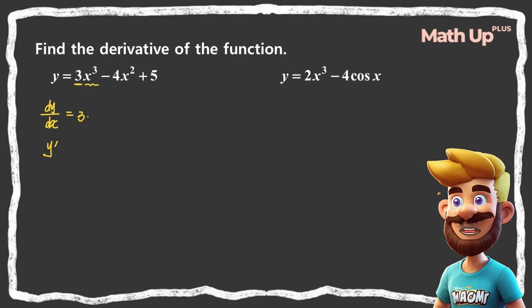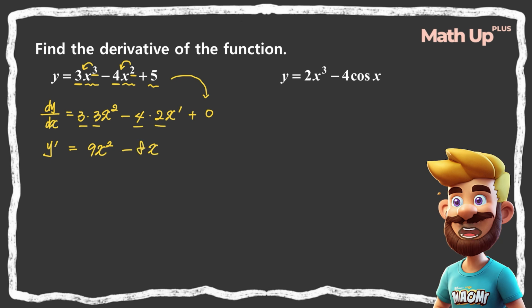Use the power rule here, right? So 3 goes in front of x, subtract 1 from this exponent. So 3 minus 1, 2. Minus, leave this number alone, apply the power rule again, x squared. So 2 goes in front of x, 2 minus 1, that's 1. Plus, if we have a constant, the derivative of a constant is always equal to 0. So that is equal to 3 times 3, 9x squared, minus 4 times 2, 8x, plus 0, we don't have